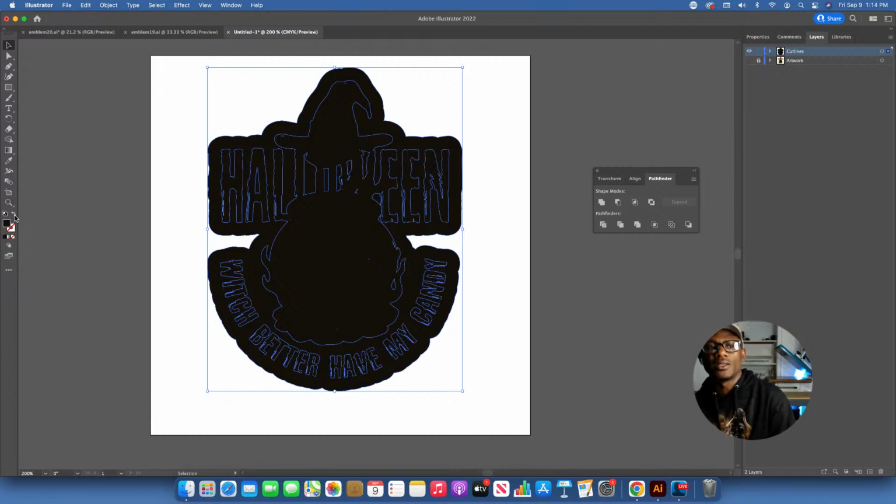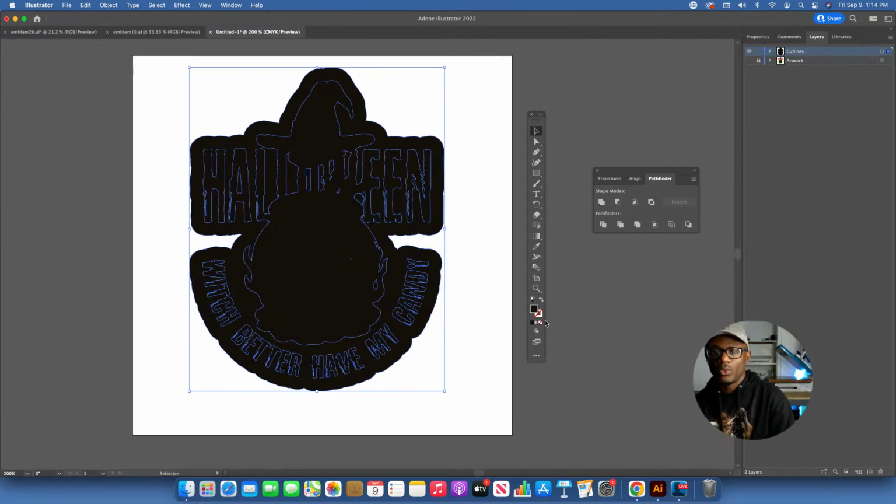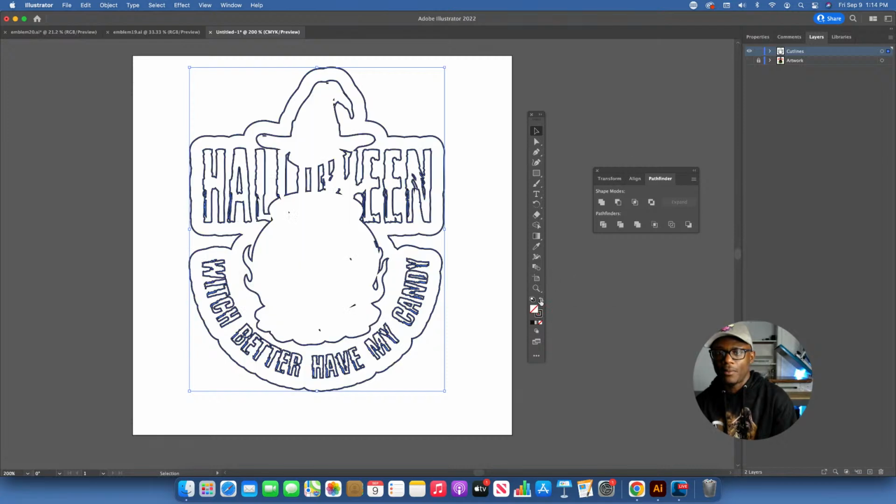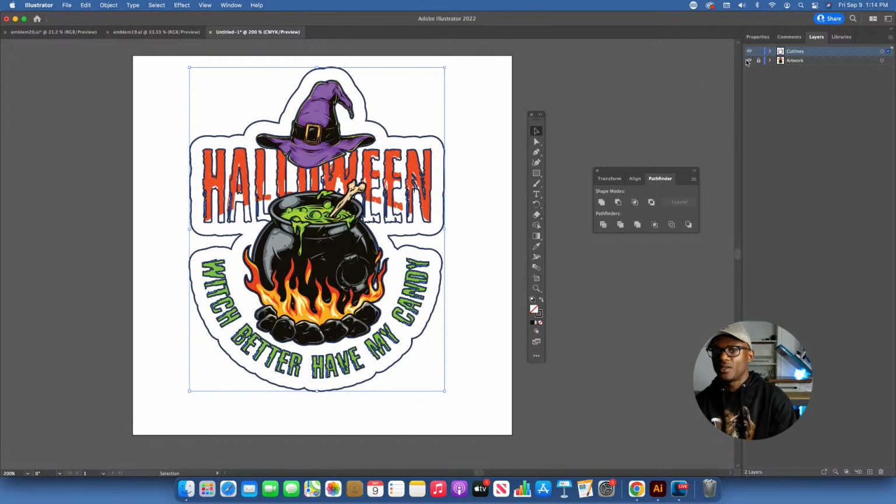I want to come over here to my windows on the left side, my tools panel right here. Where the color is at, right here in this bottom area, right there. Okay, you want to flip this. We're on fill right now. We want to go to stroke. Bam. So I flipped it, but you can't see anything because we have the second layer turned off. But now if I turn that second layer on, you will start to see this is what your sticker is going to look like a little bit, right?